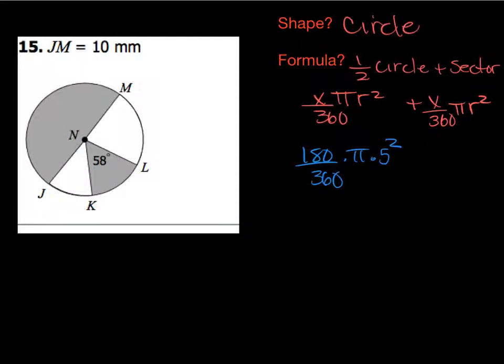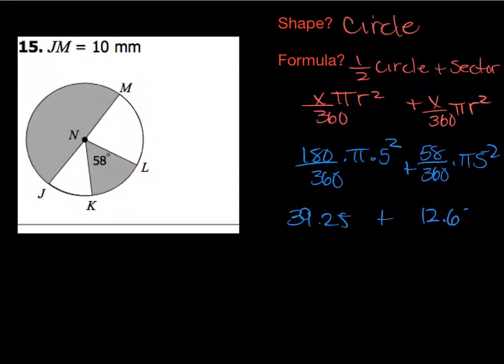So we use the half circle formula. And we get 180 over 360 times pi times 5 squared, because they gave us a diameter. So when we do this, we get 39.25. Over here, we have 58 over 360 times pi times 5 squared. And when we kick this out, we get 12.65. Last up, add the two shaded regions together, and we get 51.89